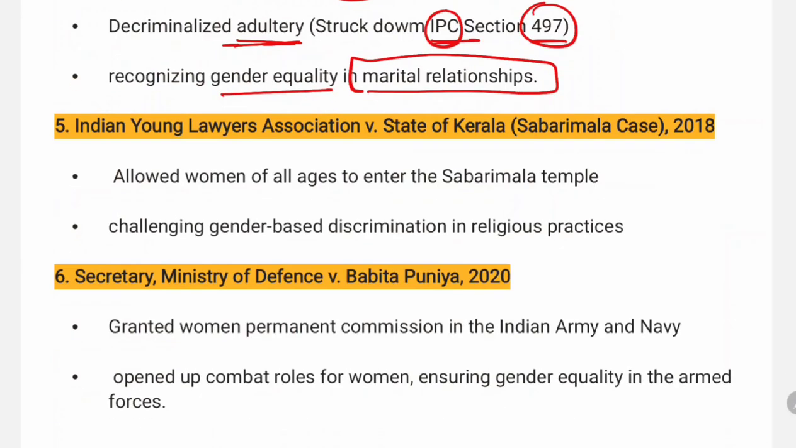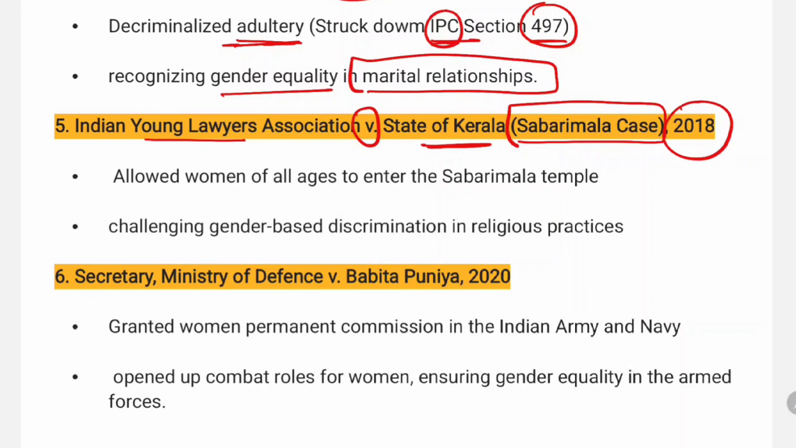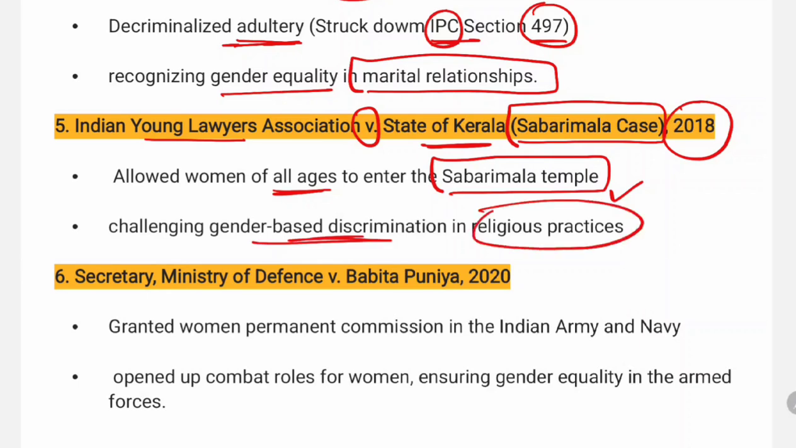The next important case is Indian Young Lawyers Association versus State of Kerala. It is also popularly known as the Sabarimala case of 2018. In this case, the Supreme Court allowed women of all ages to enter the Sabarimala temple. Hence, with this judgment, the Supreme Court challenged gender-based discrimination in religious practices. So this was also a very significant judgment in which the Supreme Court ensured gender equality, especially in religious